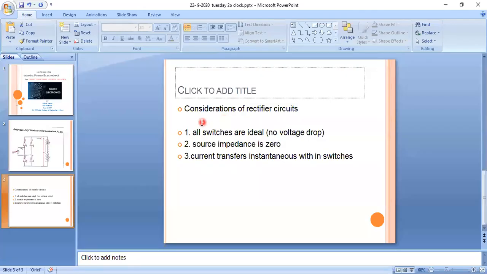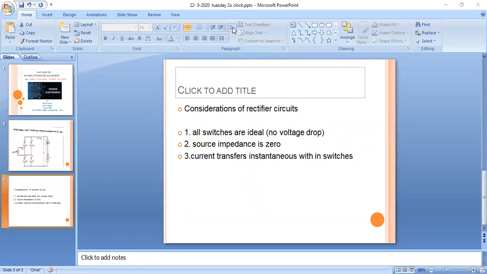Whenever you consider the current, it is going to be moving from one pair of switches to the other pair of switches, isn't it? So one pair of switches is going to the commutation stage, where it is turned off, and the other pair of devices is coming to the conducting state, isn't it? Due to that, you are going to have the current transfer. You need to consider the current transfer between the pair of devices.